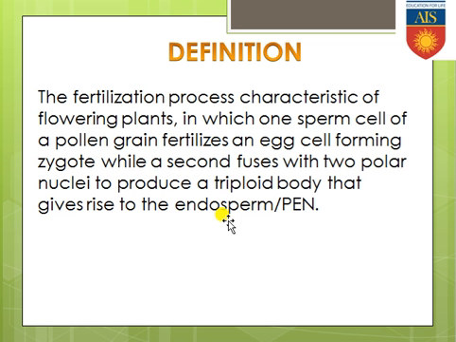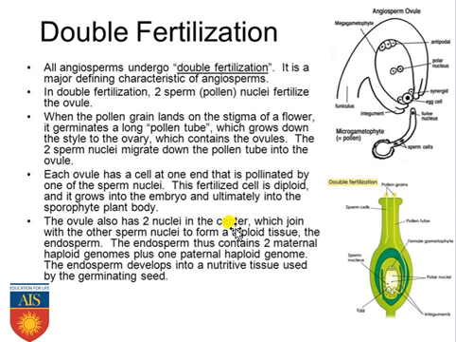So this is the process where fertilization happens two times. One is between the first male gamete and the egg cell, forming the zygote, and the second fertilization is between the second male gamete and the two polar nuclei present centrally in the embryo sac. So two fertilizations are happening, or you can say three fusions are happening. That's why this double fertilization procedure can also be known as triple fusion, and due to the triple fusion only the primary endosperm nucleus is formed, because endosperm formation is known as triple fusion, and overall the process is known as double fertilization.